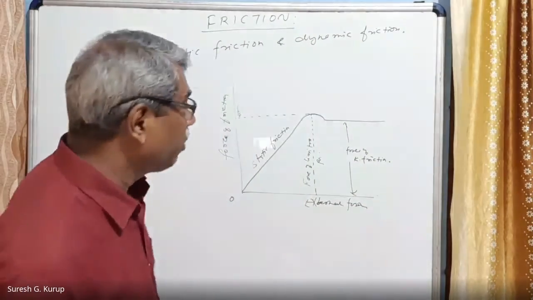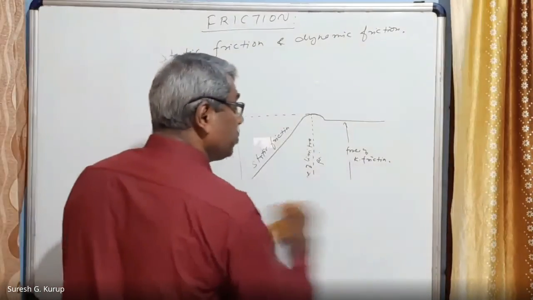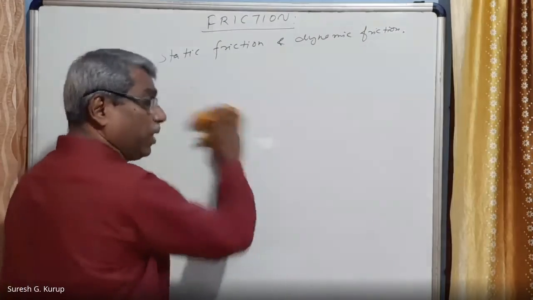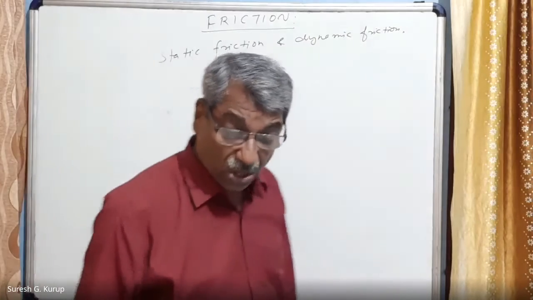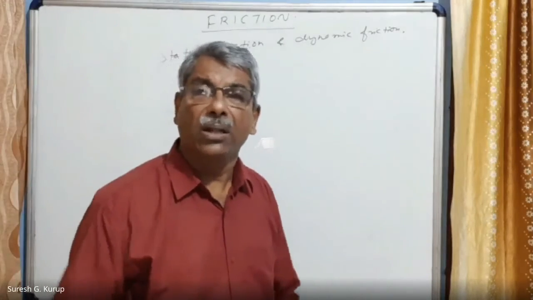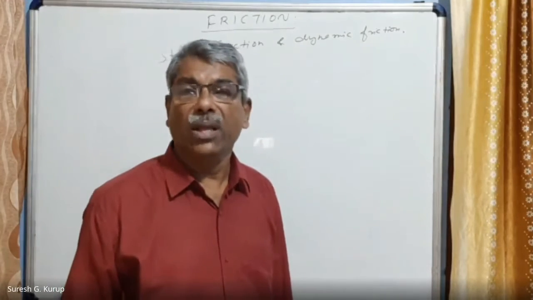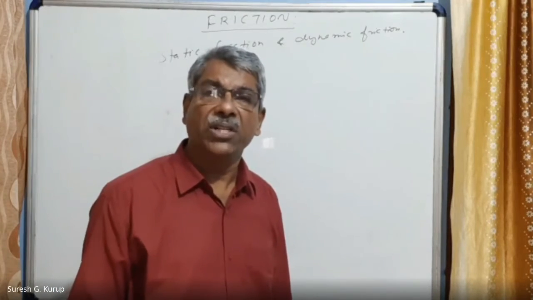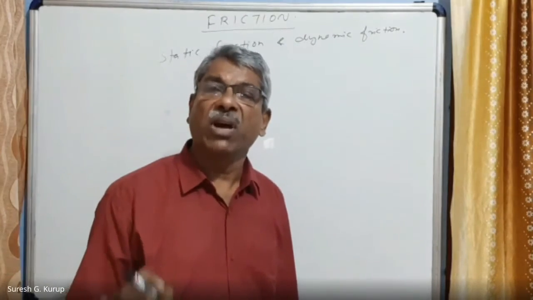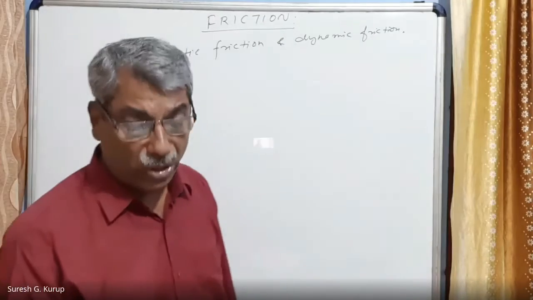Now, laws of limiting friction. Laws of limiting friction are also very important. There are two or three laws we have to discuss in this connection. The force of friction opposes the motion of a body. When a body is kept on another body and it is moved, then the force of friction will always be in a direction opposite to the direction of motion. That means the force of friction will try to retard the motion of the body on the surface, right?